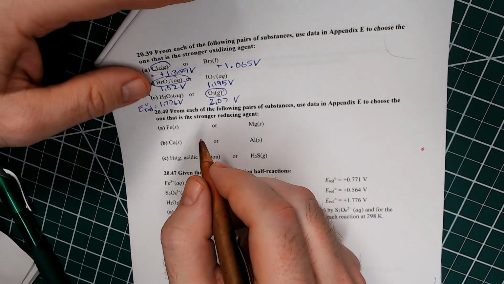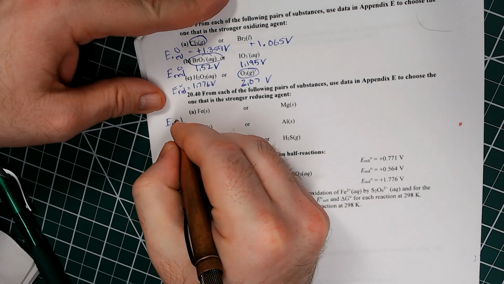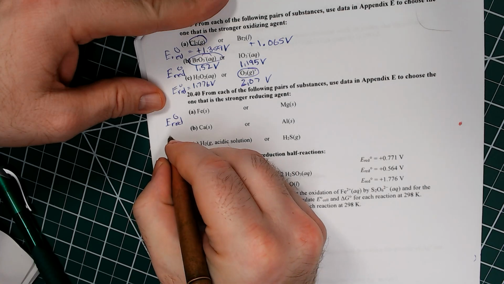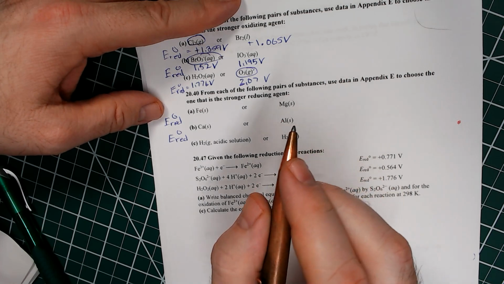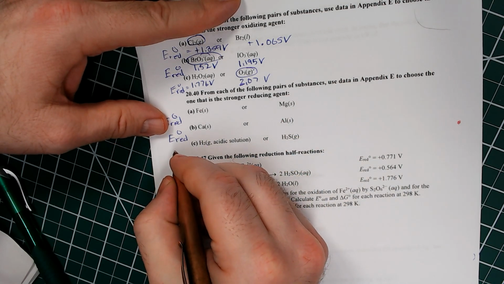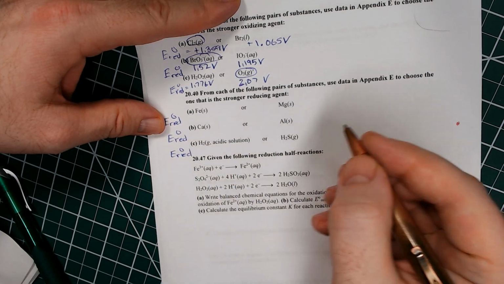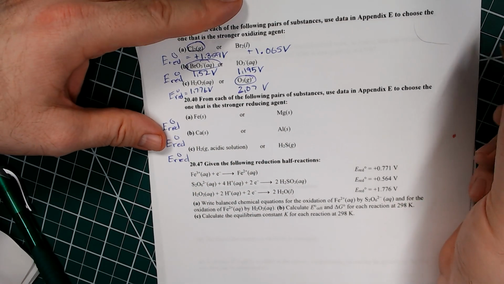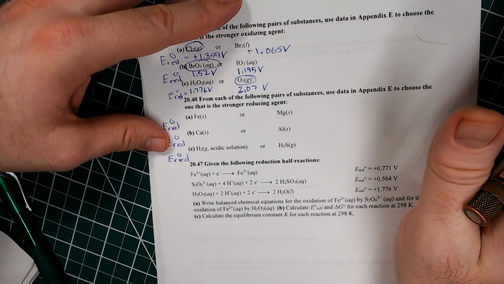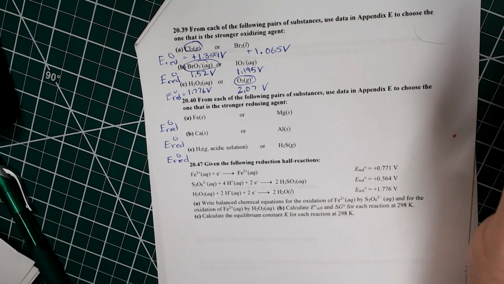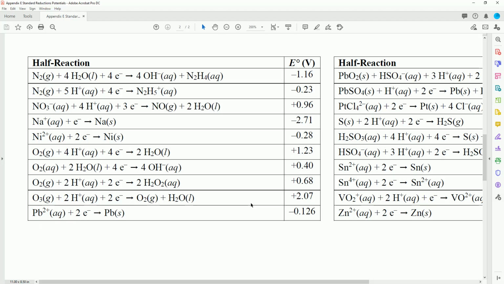Now for these, we're going to do the opposite. We're going to look at the reduction potential, but the one that has the most negative value is going to be our stronger reducing agent. So let's see. All right, iron and magnesium. Generally speaking, if you're just looking at metals, the further to the left it is, the stronger it will be as a reducing agent. So magnesium is a pretty good bet here, but we're going to go back over to,